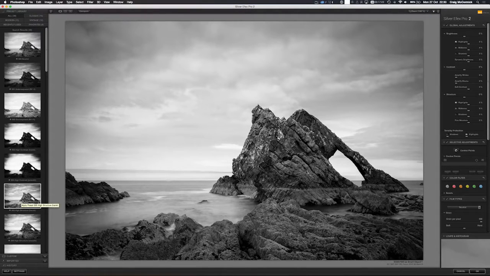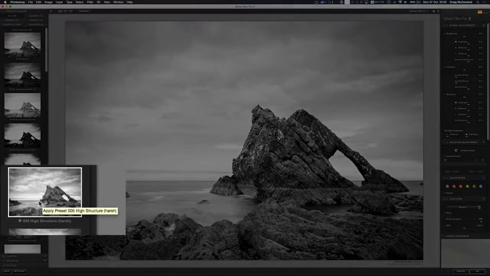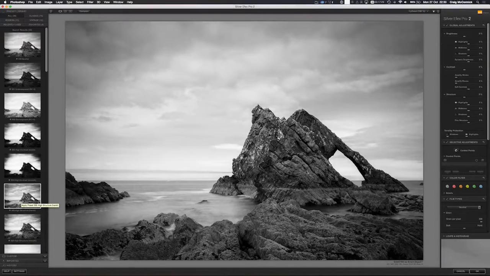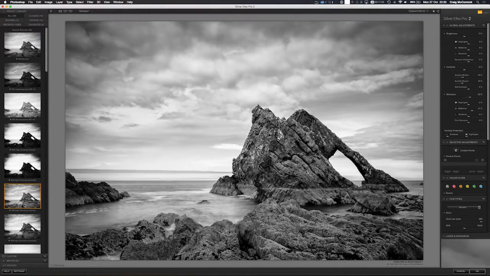And that is what I actually did here. I used the High Structure Harsh preset that they have here. This is the preset that I used when I was starting to process this image. And all I'm going to do is click here, and you can see it already adds a bunch of structure